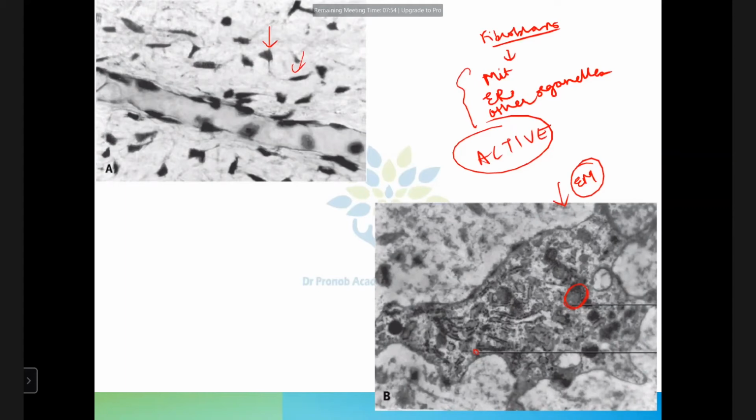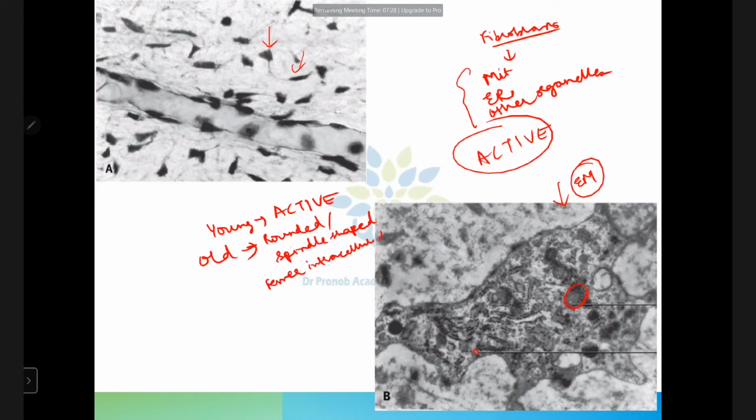Okay, so in case of young pulp, we are told that the cells are active in collagen production, whereas in case of old pulp, okay, the cells are no more active. So these cells are rounded and spindle shaped, and as I have told you, intracellular organelles are few. Okay, if the cell is active, then only intracellular organelles are more in number, and they have short processes. Okay, so they do not have long processes, they have short processes. Such type of cells are called fibrocytes.